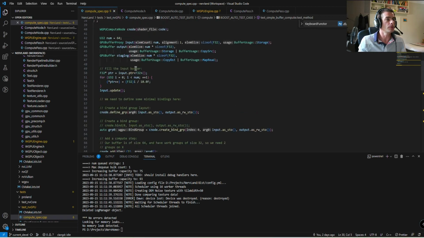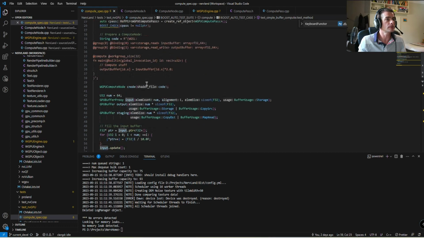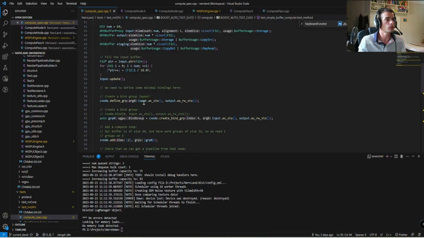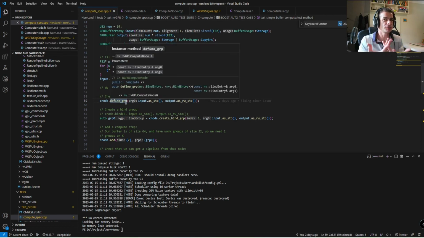So the group 0 here contains first an input buffer, which we can provide as storage if you want. And then the output, which is a read-write buffer. So we are just providing read-write storage. So this is for the definition of the